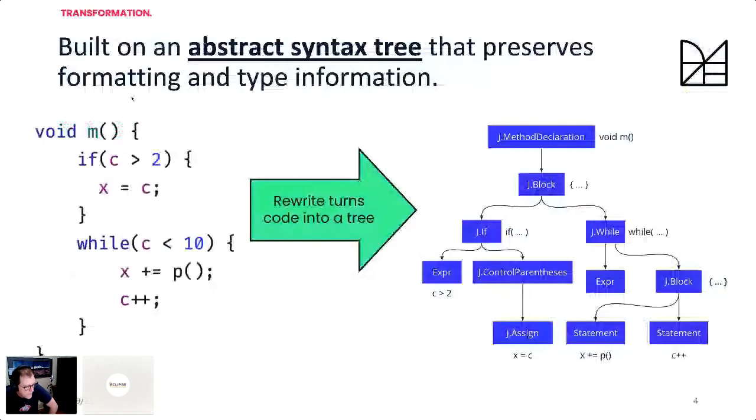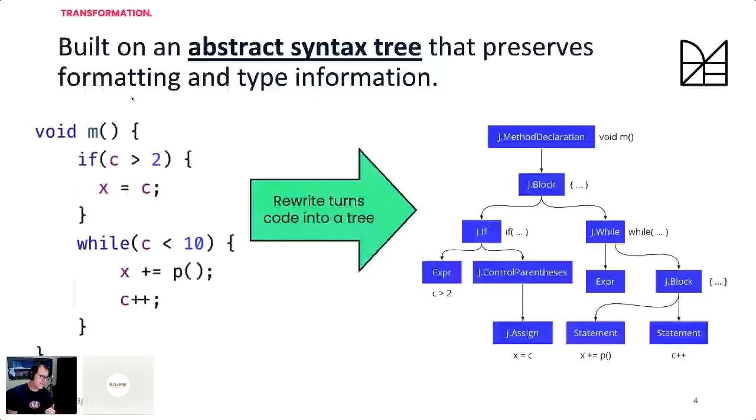So OpenRewrite is built on abstract syntax trees. Again, that's not that exciting. We're not the first person or the first organization to use ASTs. However, there are a couple of attributes about Rewrite's ASTs that are kind of special. The first is that we have type information. I think there are probably other ASTs that have type information, semantically aware, like, you have a structure of the code in a tree, but you can tell that this variable is an int, or this method returns a string, that sort of thing. So that's one attribute.